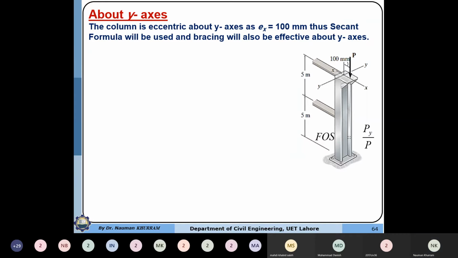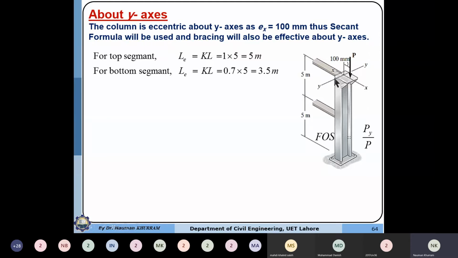So here, if you see that this bracing is provided along the x direction, so this will control the bending about the y-axis. So one bracing is provided at the midpoint and one at the top. And we know that a bracing point is considered as simply supported. It means that the bracing has subdivided the column into two parts about the y-axis. And we have to determine which part is critical. The critical segment will be the one which will have the more effective length.